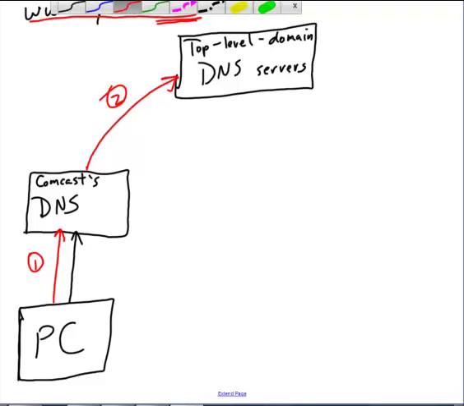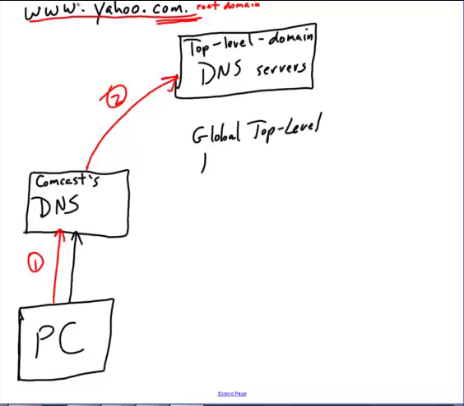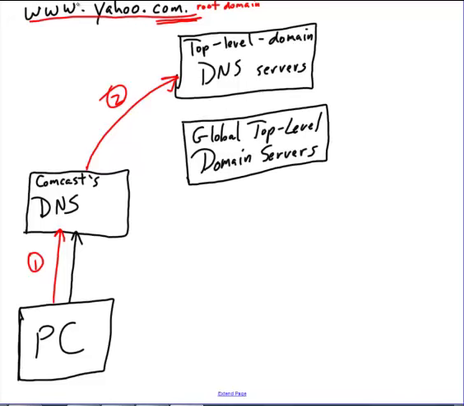And we call these the global top-level domain servers, GTLDs for short. There are global top-level domain servers for .coms, .orgs, .govs, .edus. There's some overlap between those, but there are servers that can handle each and all of those top-level domains. So that becomes step 3